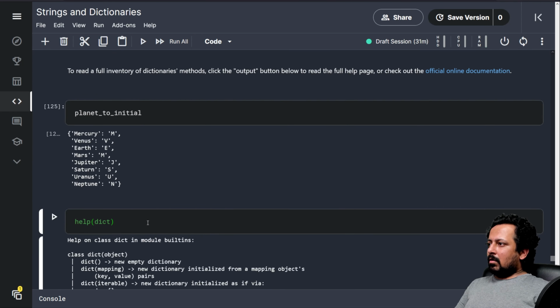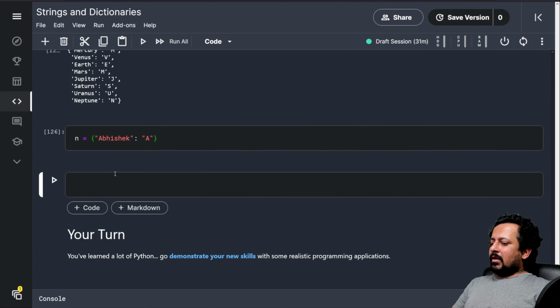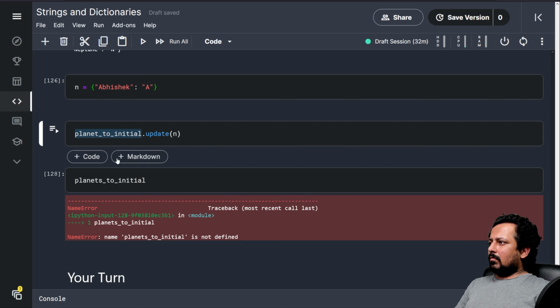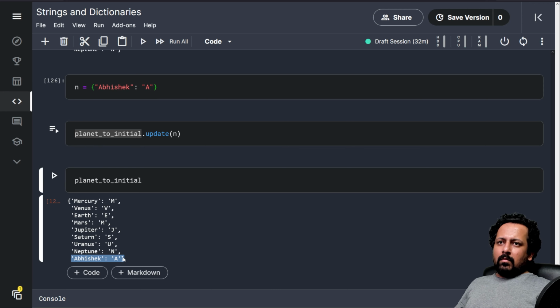Now if I create a new dictionary, let's say n, and here I add a new planet, new initial, and then I do planets to initial dot update n, and then I print planets to initial again, it adds a new key.